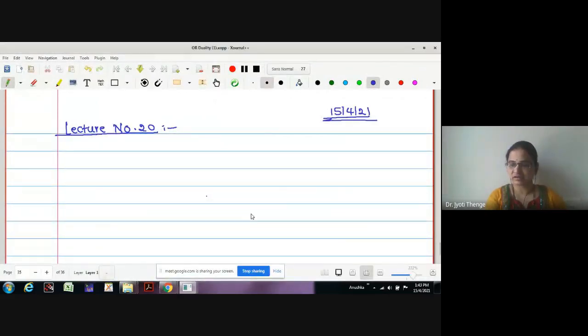We have started the topic of duality in the last few lectures, and we have arrived at the completion of this topic. In the last lecture, we took one example of how to solve by the dual simplex algorithm. Now today we are going to study the last point of the syllabus, that is the relation between the solutions of the primal and dual problems. For this I have given you one example to solve, both the primal solution and the dual solution.